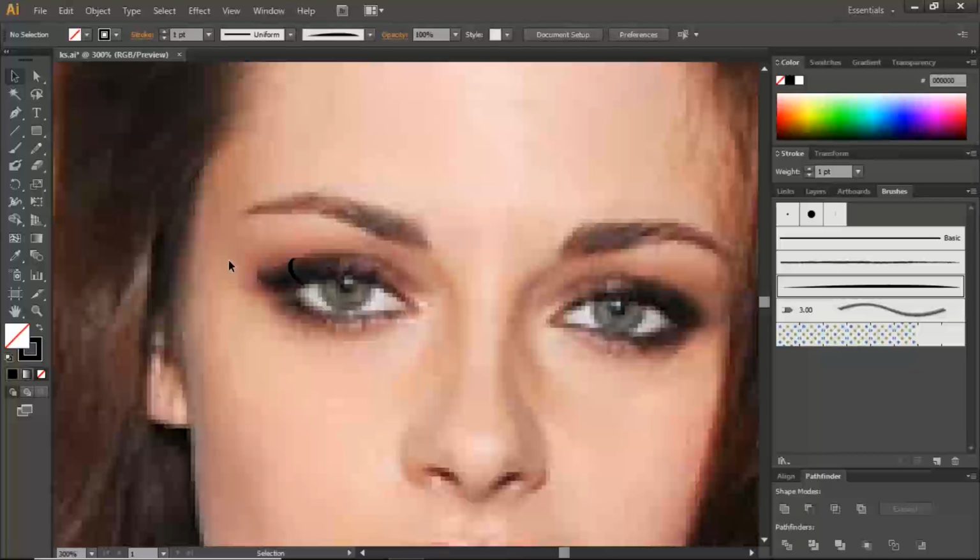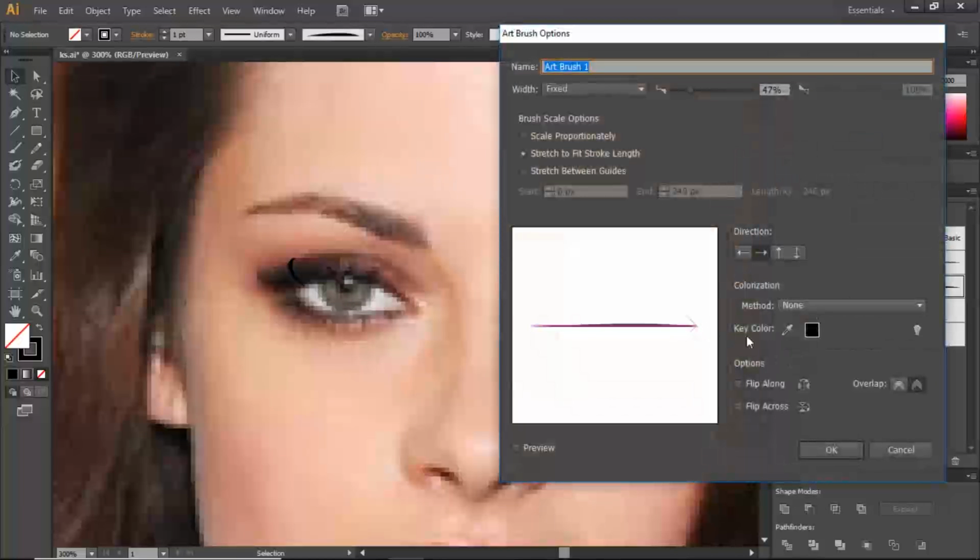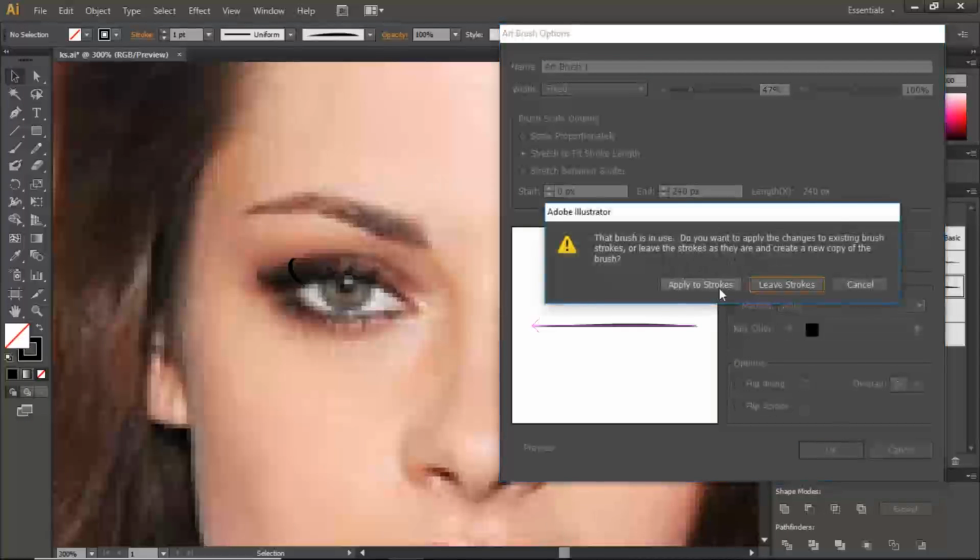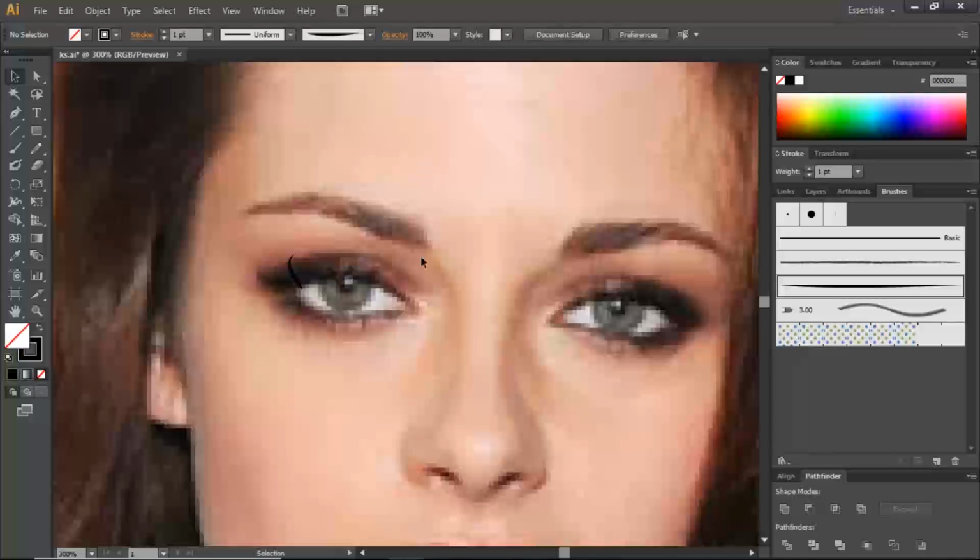Now you can see that the art brush seems to be inverted in a way. We want it the other way around, so we want the sharpest corner to be on top, and the way you do that is by changing the arrow direction. Go there, change the arrow direction and click OK, apply to stroke, and there you have it. Now this method is similar to what you do for the entire